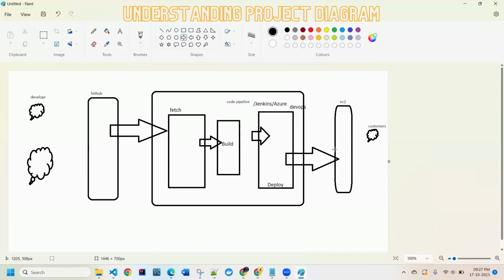Correct? Now I created this EC2 machine. What is my next task I should create? I'm going from back to the front. Now, I created the EC2 machine yesterday. I gave the name of the server as DevOps. Okay, now what should I create? Next thing, code deploy. I should create code deploy.